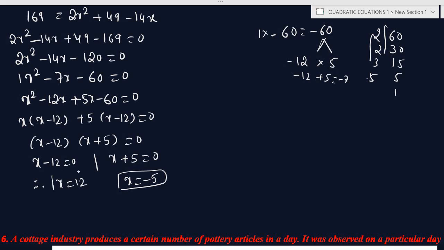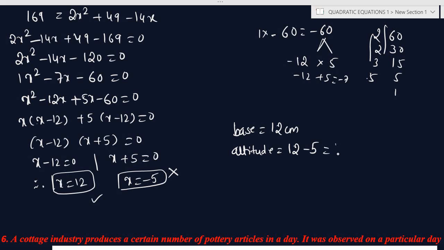But heights and distances cannot be negative, therefore x = 12 is the answer. Base is equal to 12 centimeter. Altitude is 5 centimeter less than this. 12 minus 5, how much is it? 7 centimeter. 12 minus 7 is 5 centimeter. Therefore the other two sides are